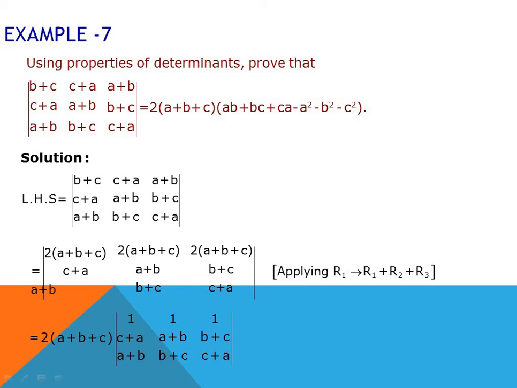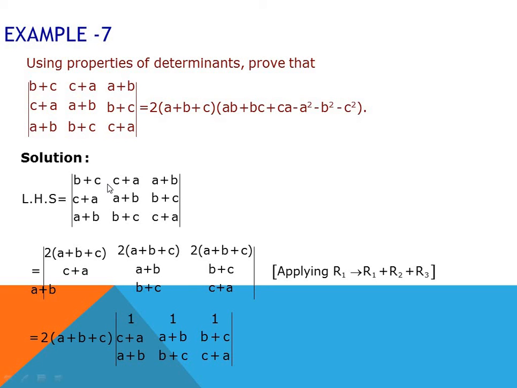Next example. Using the properties of determinants, prove that the value of this determinant is equal to 2 times (a plus b plus c) into (ab plus bc plus ca minus a square minus b square minus c square). If you observe this determinant, try to follow the operation so as to get something common from either the rows or columns. If you observe carefully, the entries are b plus c, c plus a and a plus b. If you add all the three rows,